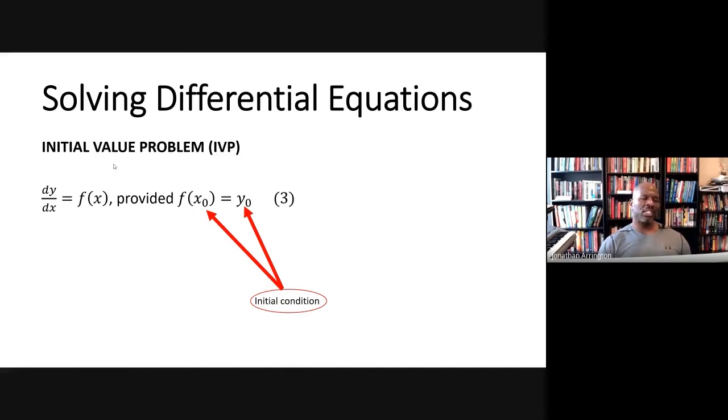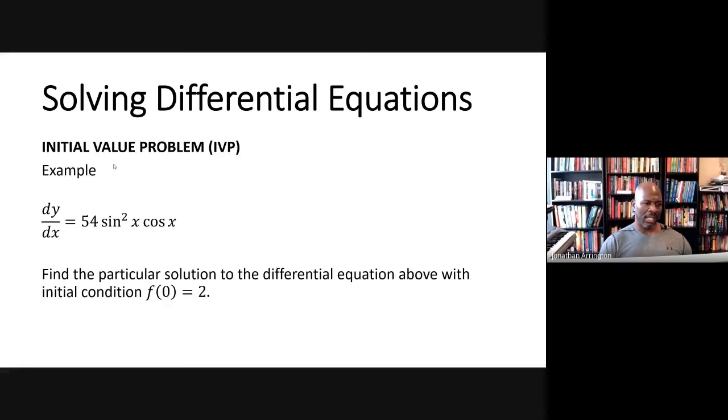That initial condition allows us to find a particular solution versus a general solution. So I want to go ahead and look at an example of an IVP, initial value problem. And I'm going to solve it by hand and then make some connections of how these can be solved in general. So the example is dy/dx equals 54 sine squared x cosine x,